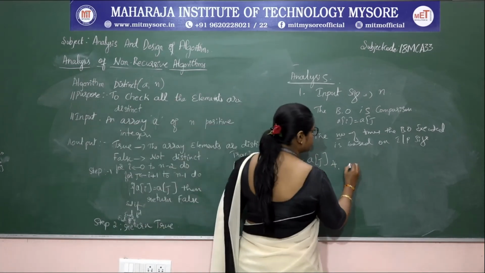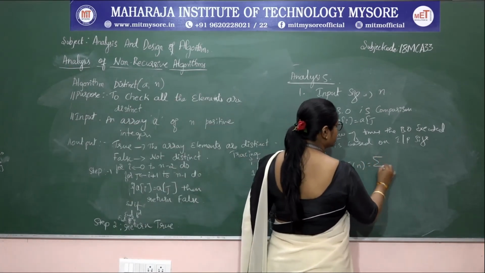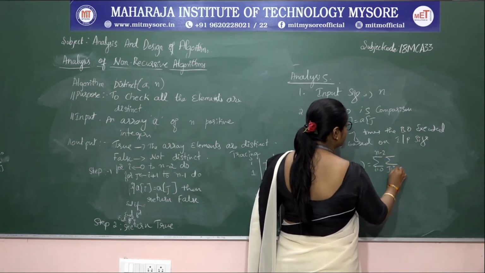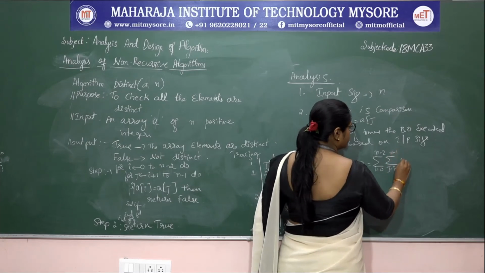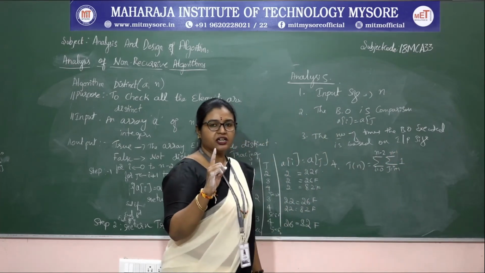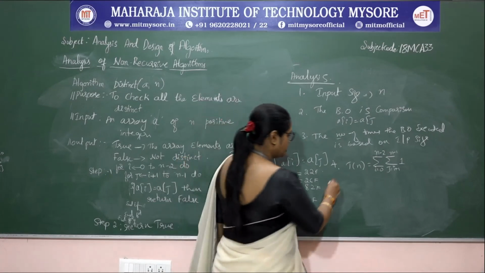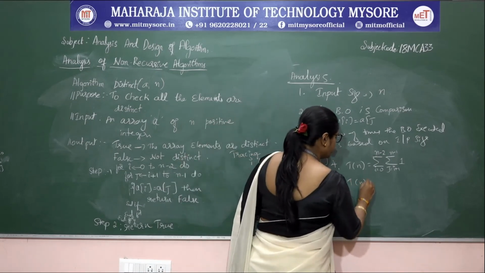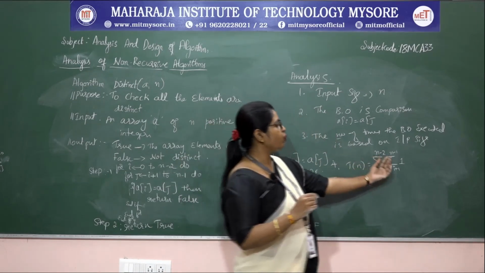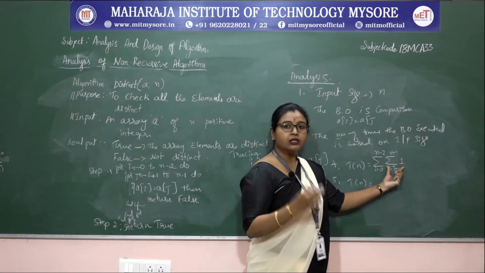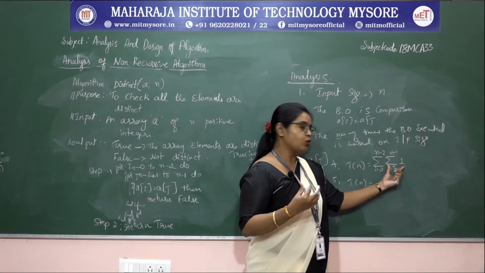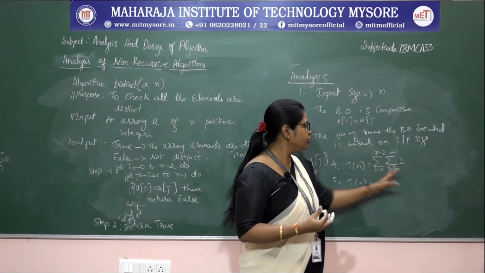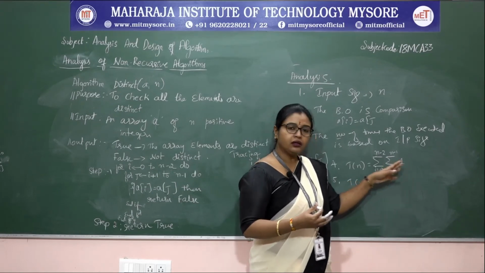So, here we can set up a summation equation like summation i is equal to 0 to n minus 2 and j is equal to i plus 1 to n minus 1, which has only one comparison statement which takes 1 unit of time. So, the fifth step is we need to solve this equation. So, therefore, T of n is equal to, whenever we have more than one summation equation, the rule must be applied that we need to solve the innermost and then we need to solve the outermost.